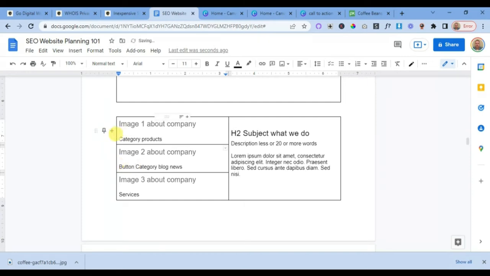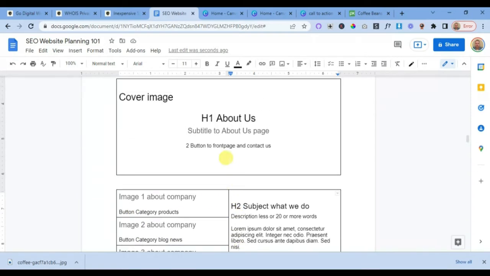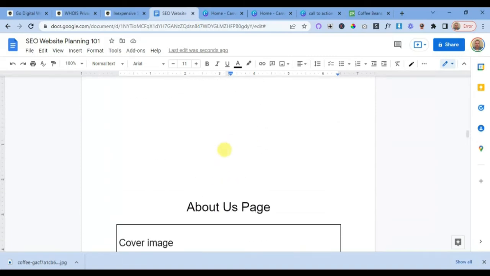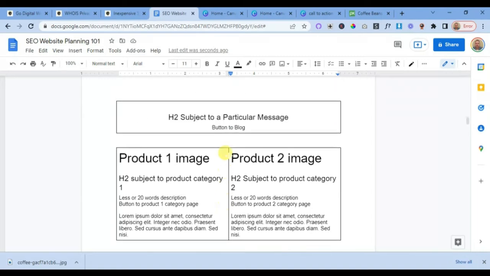Button like this, if you want to include the buttons here, or you may have something here that just goes to your blog news or something like this. But you can move around the buttons, whatever you think. But from the About Us page, it's important that you have a button back to the front page. So we have two buttons here, the contact us here, and as well the back to the front page here. So whenever they click here,